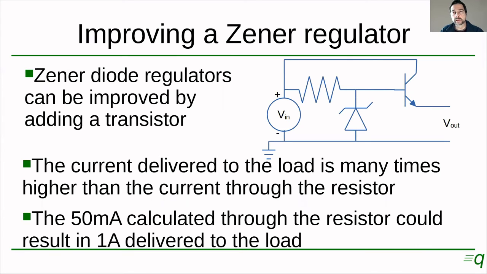How do we make a better voltage regulator? Well, we can improve it by adding a transistor to this circuit, right? A transistor connected like this. We have not studied transistors yet, but we're going to get back to this circuit when we study transistors. And the way this works is